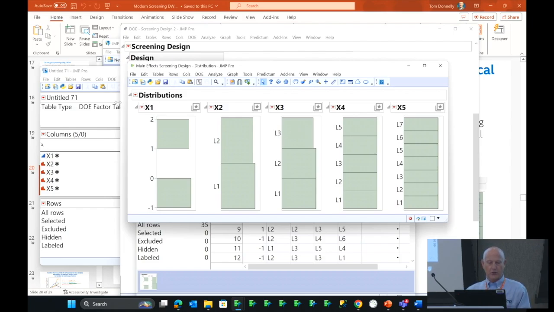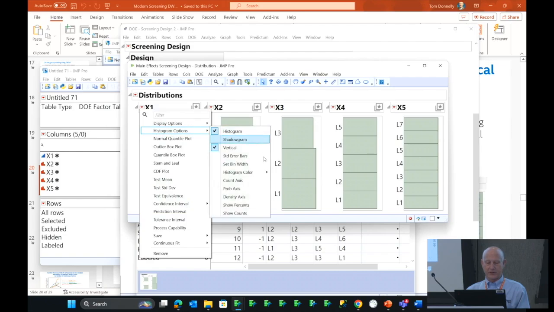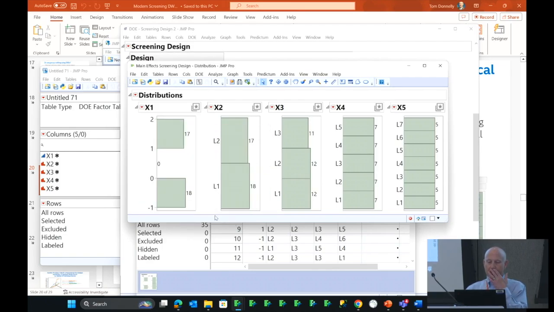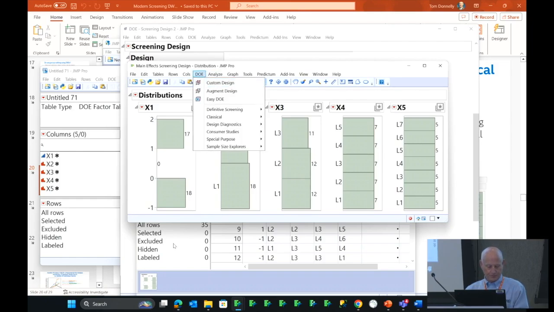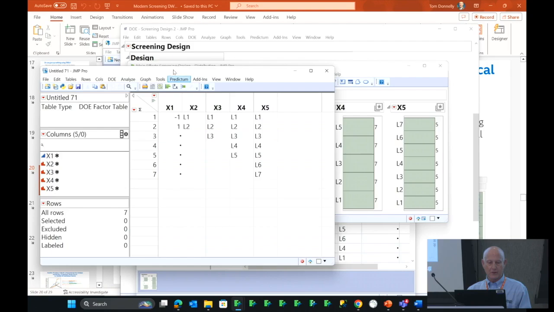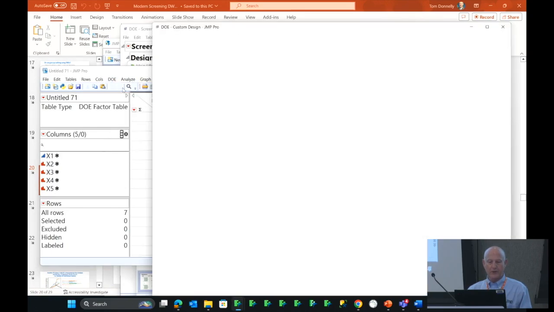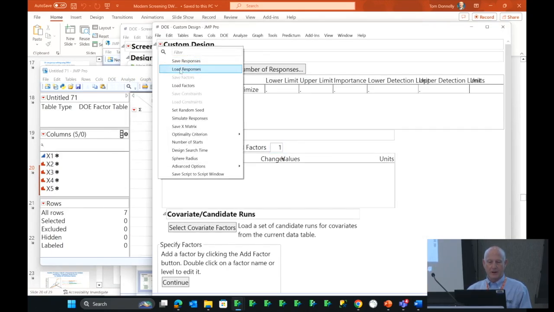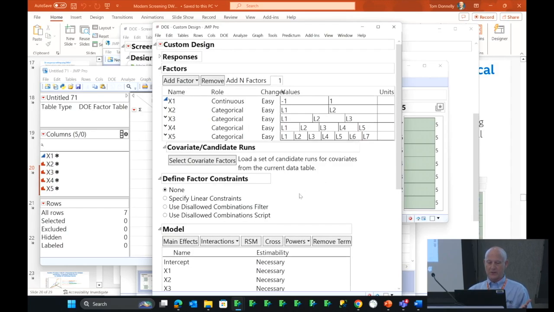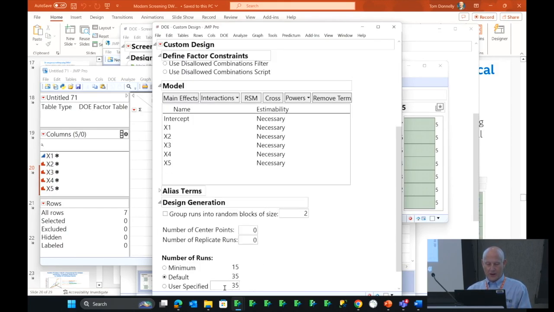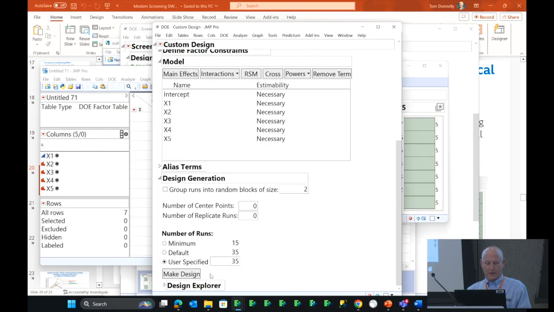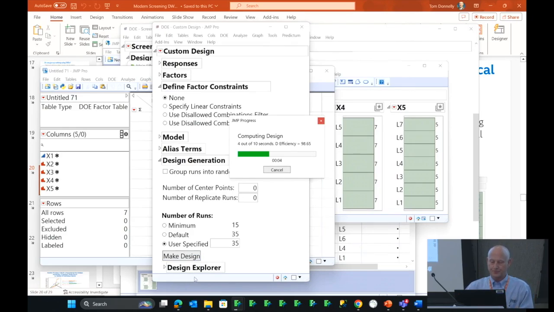I can also turn on, for these histograms, show me the count for each one. You'll notice you get 11 for level 3, but 12 for level 2 and level 1. Okay, so to me this is a better design than if I go back out to just show the last point here. So here are these factors waiting to be loaded. I go to custom design, I load those factors in so you don't have to watch me type it in. But if I ask for a 35 run custom design, this is going to be a D-optimal design, and it